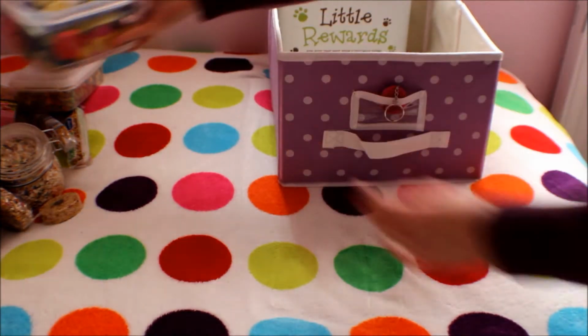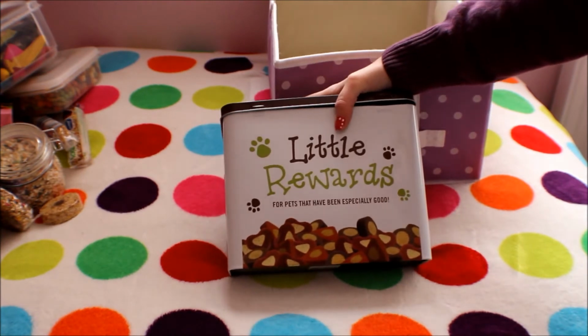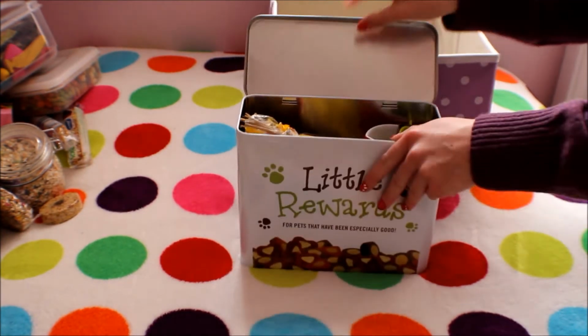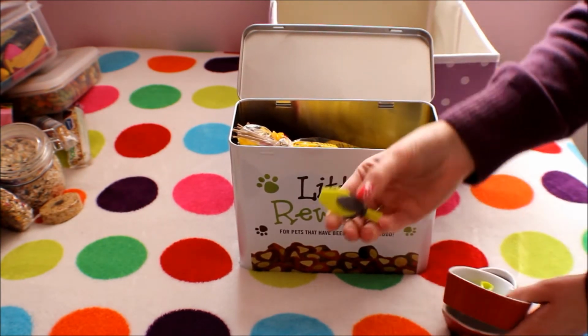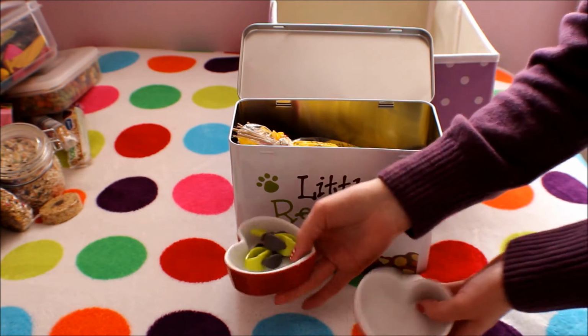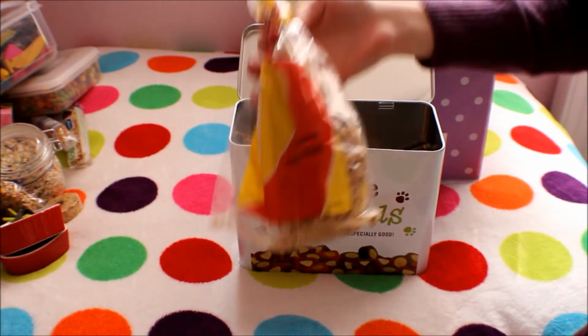And the last thing I have is this box that says little rewards for pets that have been especially good. And in this I've just got these things that I use to hold millet on the cage. I've got a couple of them, and I've got a couple of spare bowls. I've also got some more millet spray,